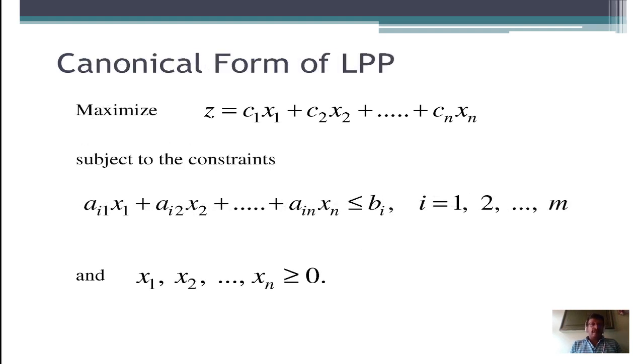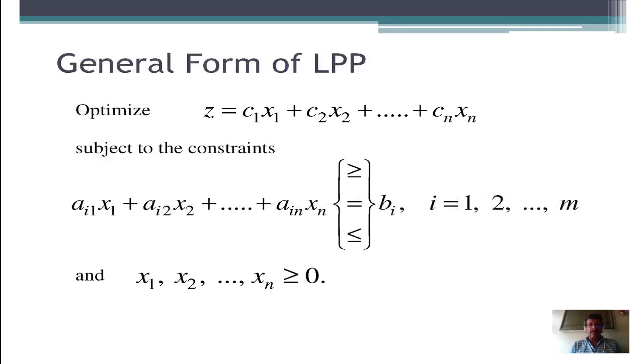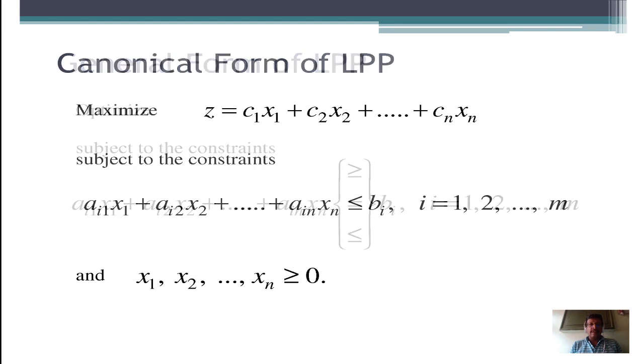The canonical form is nothing but maximize instead of optimize. In the general case we use optimize; here we use maximize. Maximize z = C1x1 + C2x2 + and so on + Cnxn, subject to the constraints Ai1 x1 + and so on + Ain xn. In the previous general form I gave you either greater than or equal to, less than or equal to, or equal to. In the standard or canonical form, we use only less than or equal to bi, where i is from 1 to m,